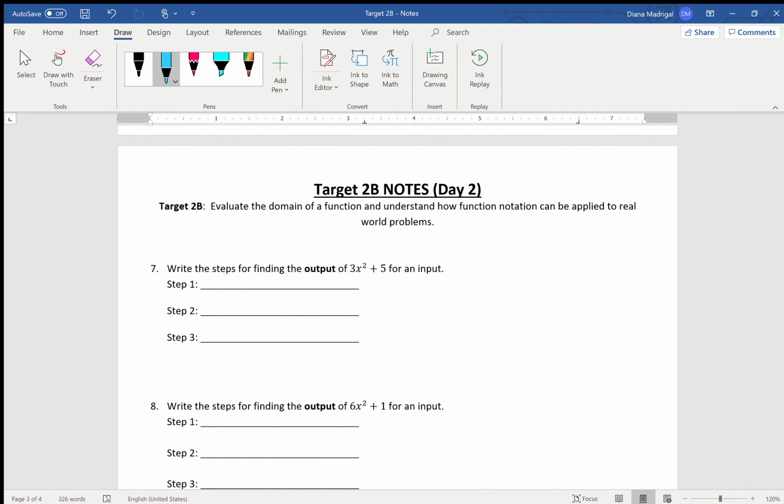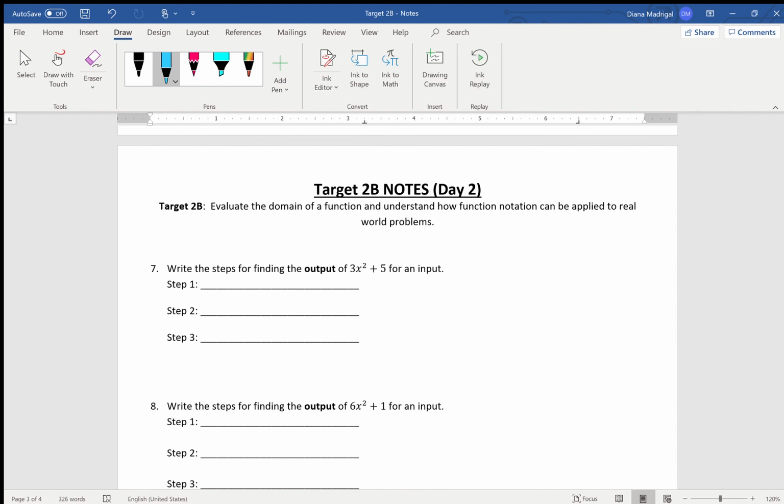And I think the notes for day 2 are easier than the notes that we did for day 1, especially because day 1 was talking about the word problems. Okay, so make sure we are reading those carefully. And then we're moving on to day 2. So again, just a reminder, what are we doing in target B? The target B is to evaluate the domain of a function and understand how function notations can be applied to